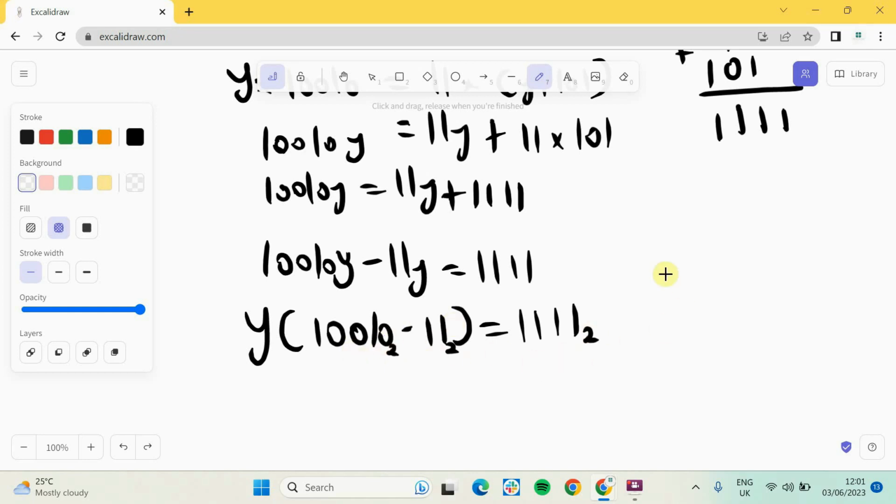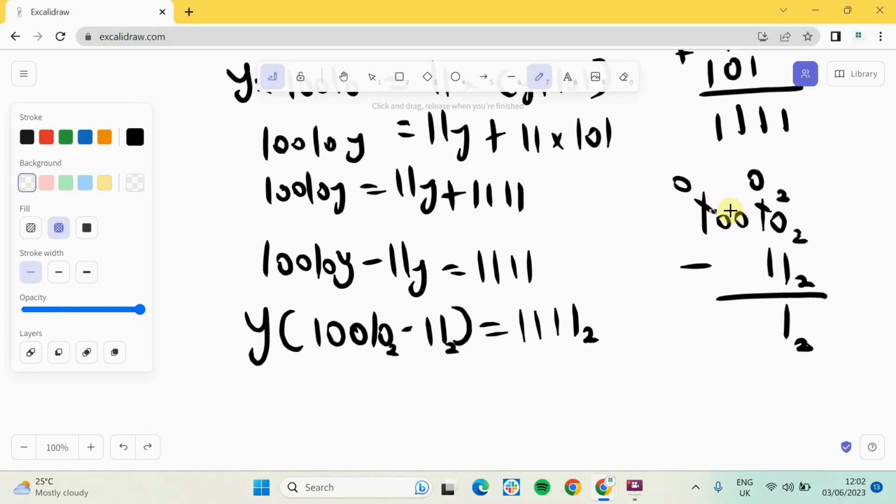So let's subtract these two guys. That will be 100 minus 11, right? Base 2 and base 2. I'll borrow. 0 minus 1 is not going to work, so I have to borrow 1 from this. This will make this one to be 0. So I'll be carrying over what? Great, so got it. I'll be carrying over 2. Yeah, so 2 minus 1 is actually 1. Right? 0 minus 1 cannot go, so I have to borrow. I have to borrow from this guy. So this is 0. I'll carry over 2. This will turn 1. I'll carry over 2. This will turn 1. Now carry over 2. So 2 minus 1 is 1. Then this guy is 1. Then this guy is 1. Right? So when I subtracted this guy, I had